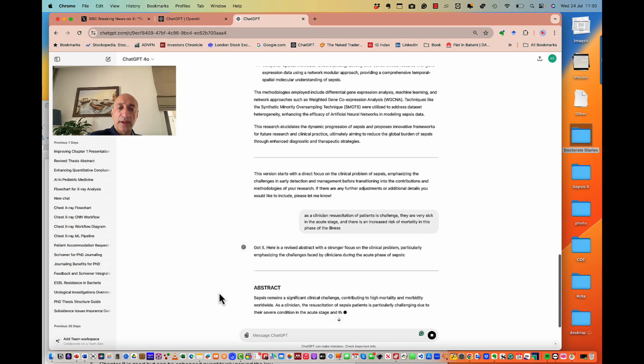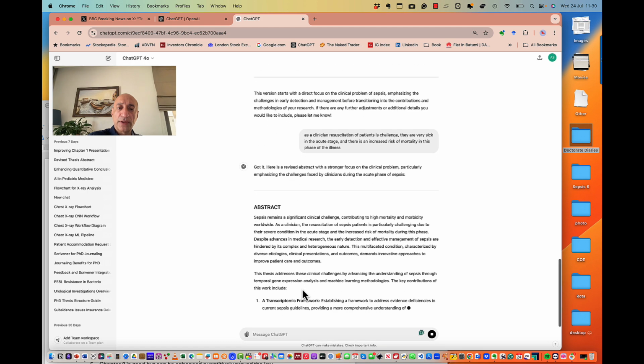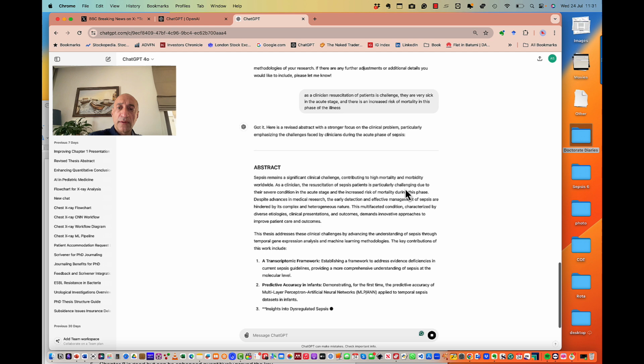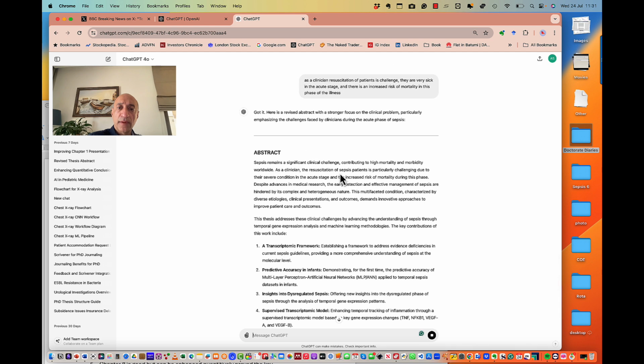So revised abstract, here we go. Clinicians with sepsis is particularly challenging due to their condition. Just goes to show you can't really rely on just blindly following large language models here. As a clinician, measure challenging due to their severe condition in the acute stage, increased risk of mortality during the acute phase. So we're beginning to change, but it's still requiring a lot